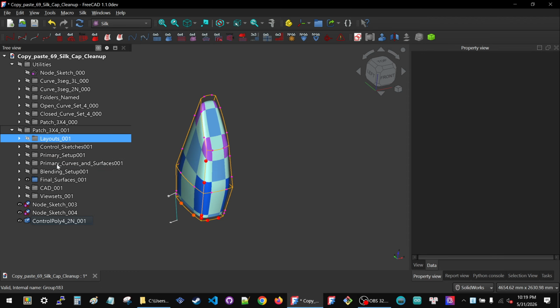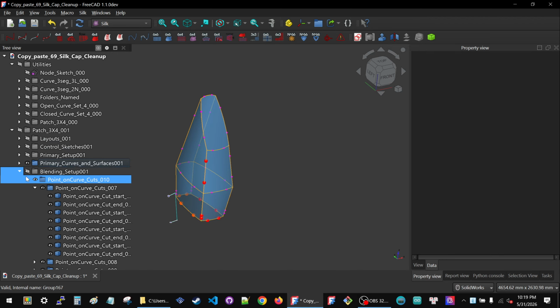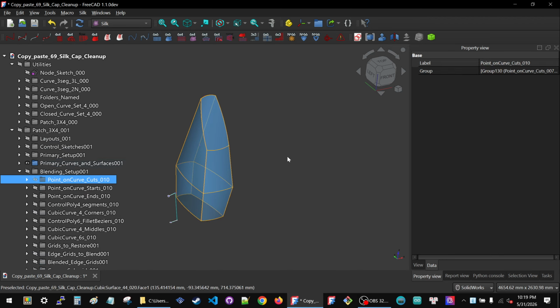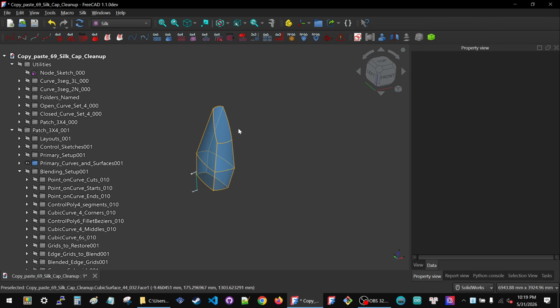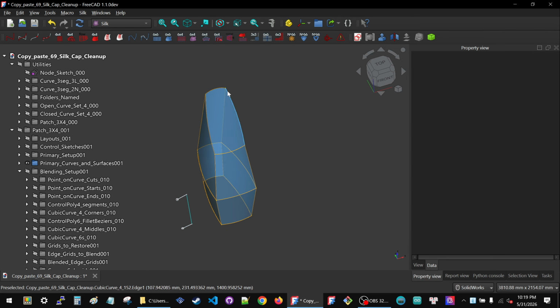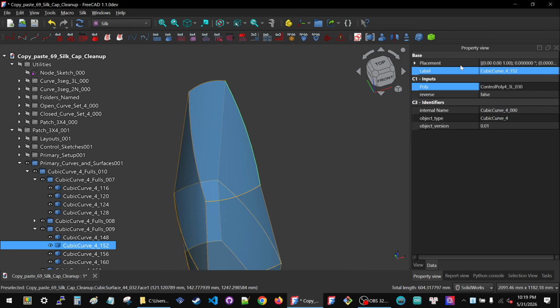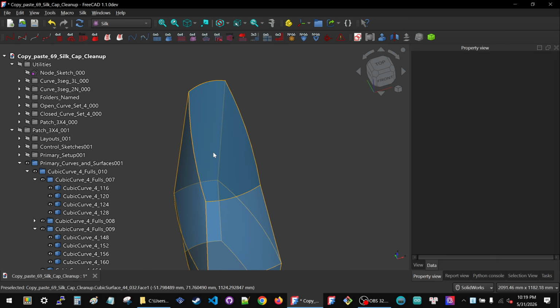So let's set ourselves up for success here. We don't want to be looking at the final surfaces. We want to be looking at the primary curves and surfaces. We also don't care about points. We already have them. We already have all the points we're going to need. They already belong to this curve. I'm going to take this, put it here, and once I've got it in place, I will say, this curve is now looking at my new control polygon,